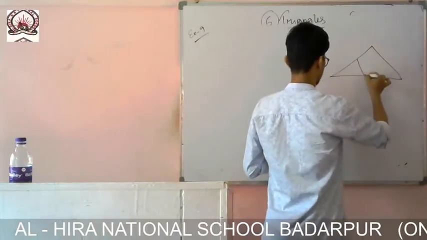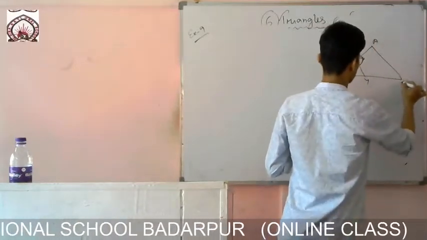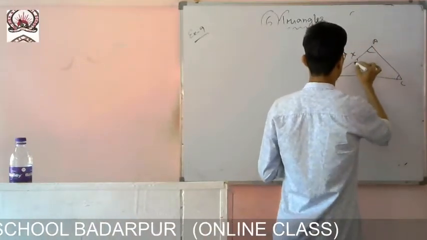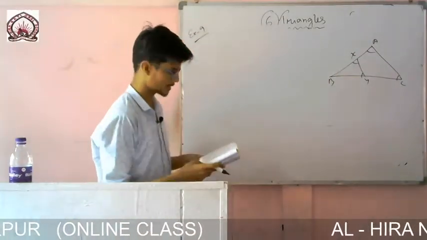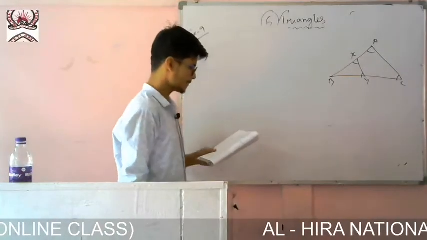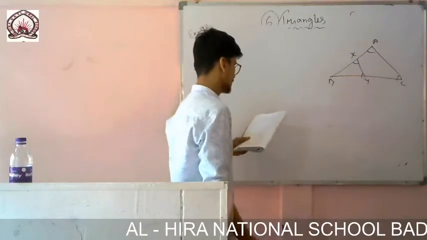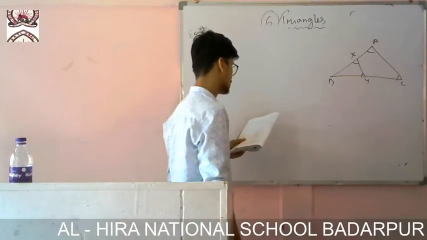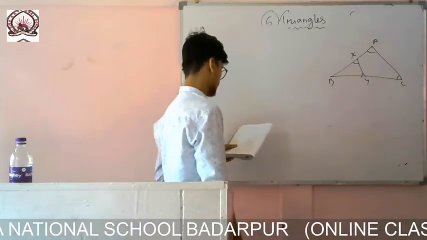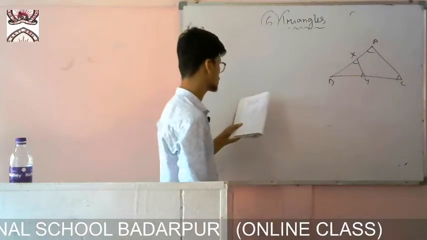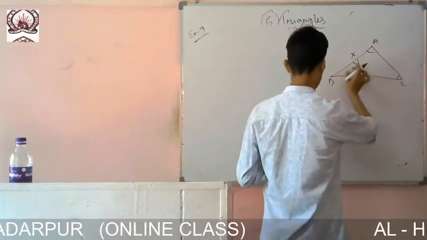So you see here, it is given X, Y, B, A, C. It is done very nicely. All the examples you do very carefully, because in exams it has been repeated many times. So you see in the figure, the line segment XY is parallel to the side AC of triangle ABC, and it divides the triangle into two parts of equal areas. Find the ratio AX by AB. You have to find the ratio this one by that one.